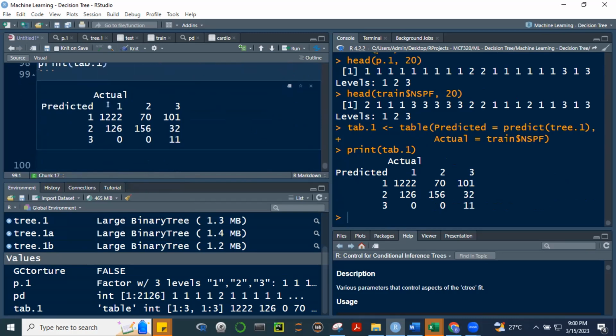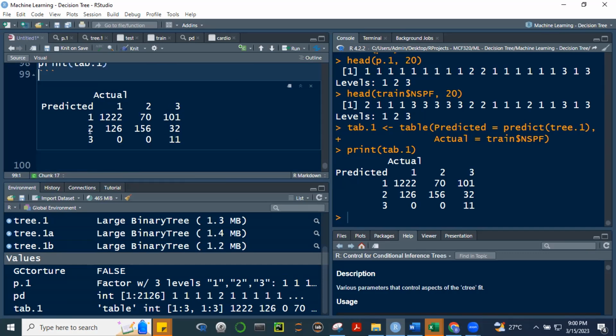Okay. Predict natin na 1, actually 1 siya. So ito tama. Yung diagonals natin, these are the correct predictions, no? The ones that are off diagonals are the wrong ones. We predicted it to be 1, actually 2 siya. No? We predicted it to be 1, actually 3 siya.